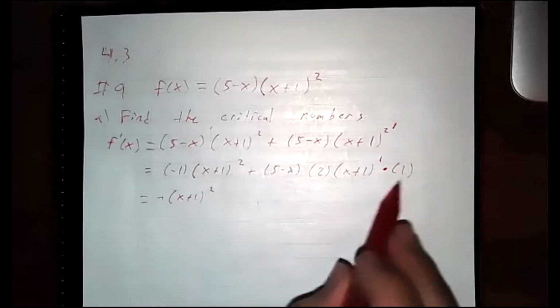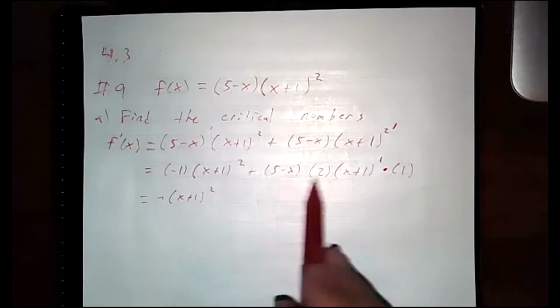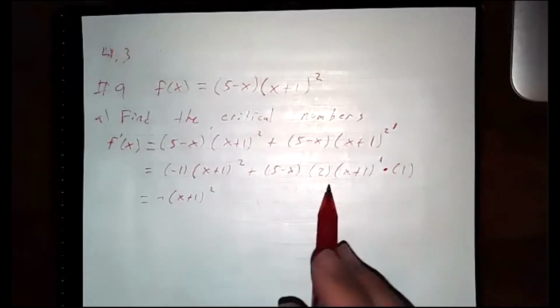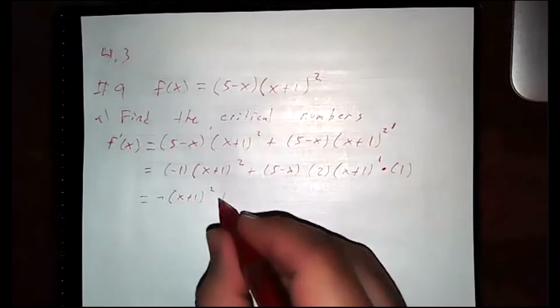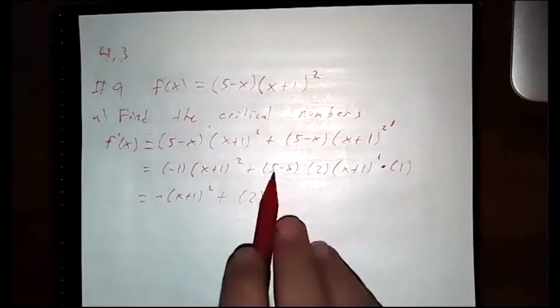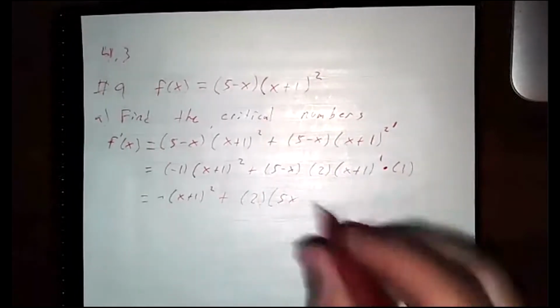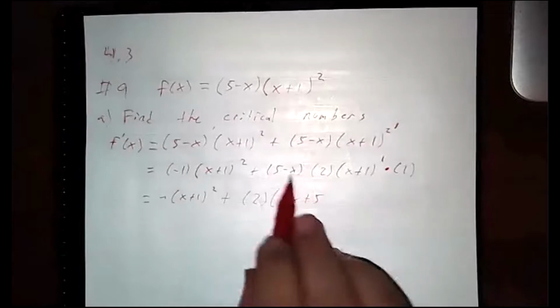The 1 doesn't do anything. We're going to have to FOIL these two terms, and then deal with the 2. So I'm going to put the 2 in front and FOIL these guys. So 5 times x, 5 times 1, negative x times x,